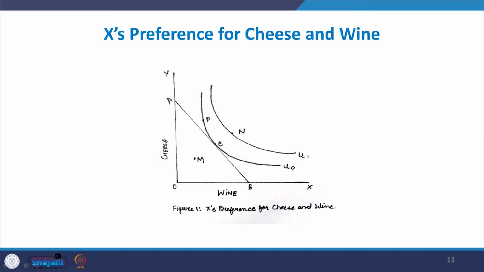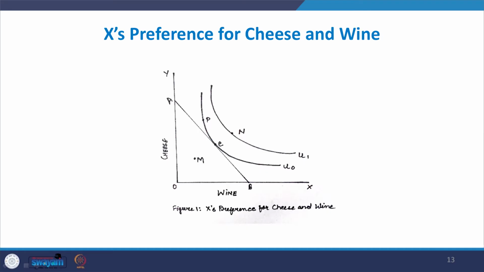Any point lying on AB or below AB in the triangle OAB is called a feasible solution. Like M is feasible but not efficient, because here the entire budget is not utilized to consume at point M. Any point on AB is feasible,